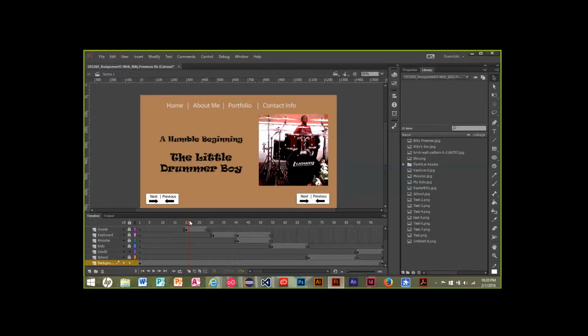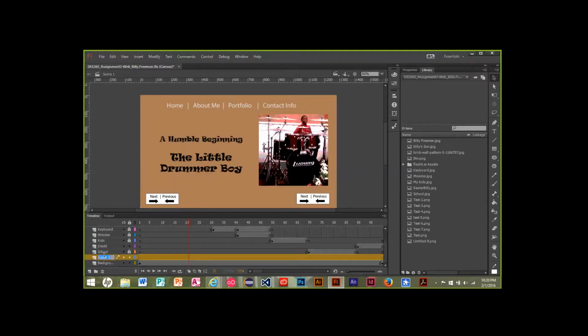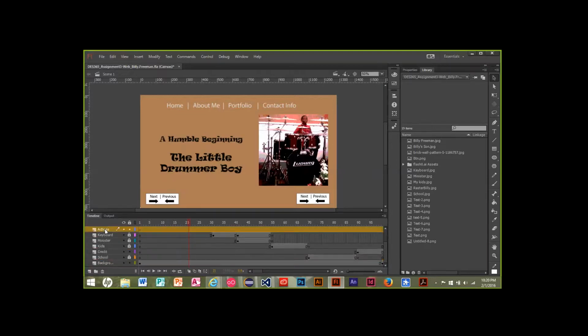Add a new layer, call it actions, put it at the very top. All right, now on the frames that you want it to stop,